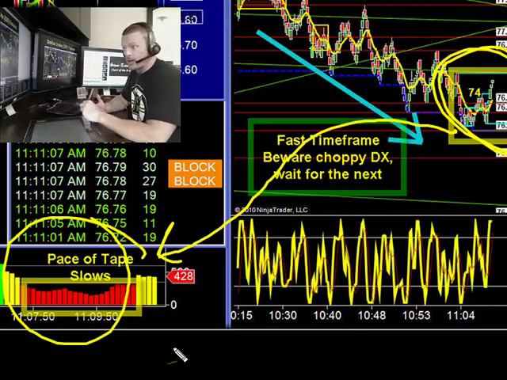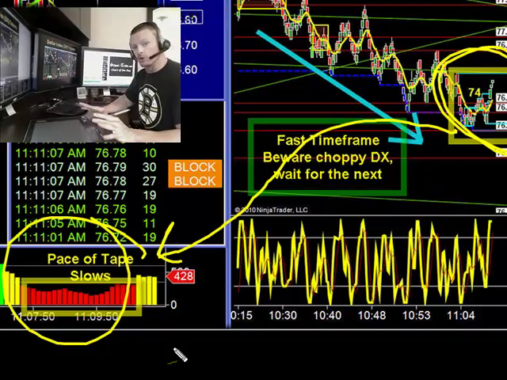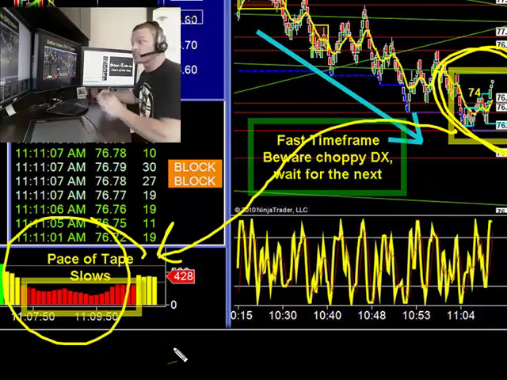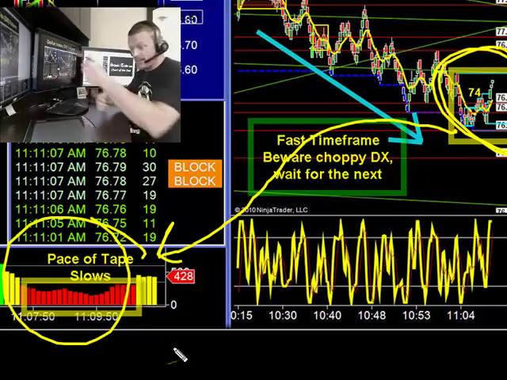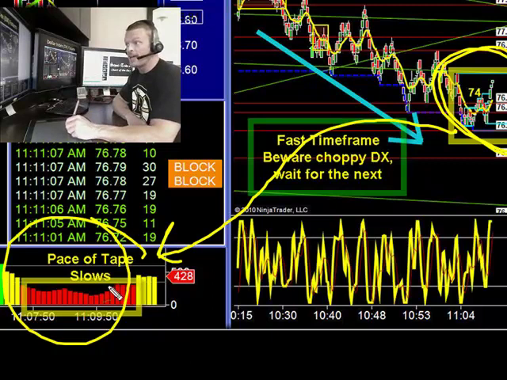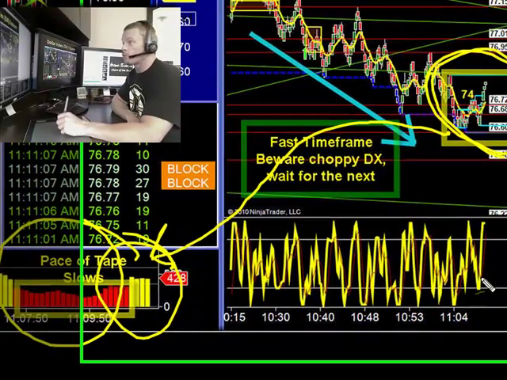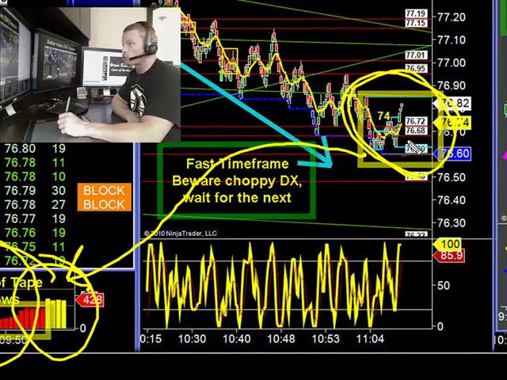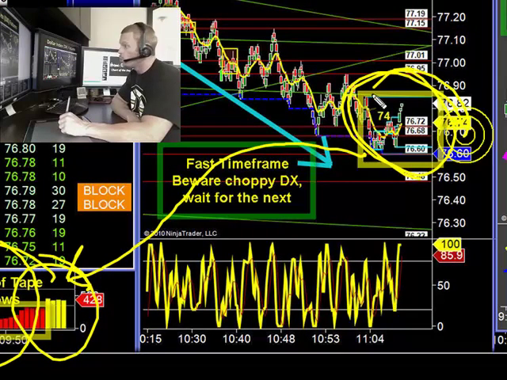While the dollar index is sideways and red pace of tape, we probably want to sit on our hands on gold and crude and wait for the dollar index to, of course, begin to move again and then see our yellow pace of tape come back. And as you can see, it did that. We actually got the yellow pace of tape. We saw, of course, the dollar index begin to start rising again,